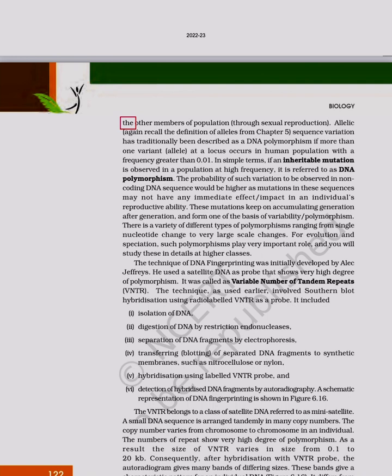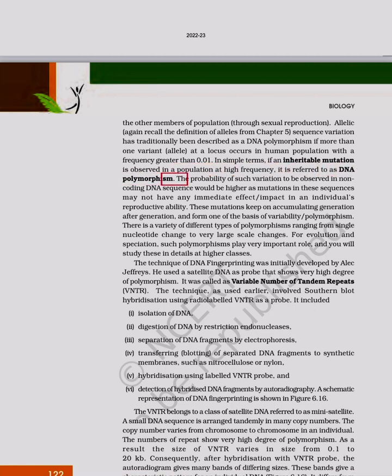the other members of the population through sexual reproduction. Again, recall the definition of alleles from chapter 5. Sequence variation has traditionally been described as a DNA polymorphism if more than one variant allele at a locus occurs in the human population with a frequency greater than 0.01. In simple terms, if an inheritable mutation is observed in a population at high frequency, it is referred to as